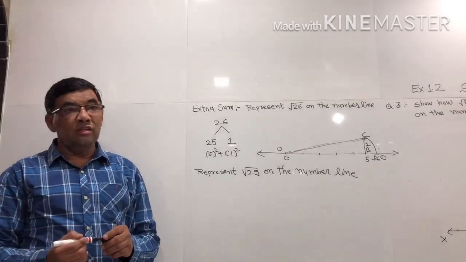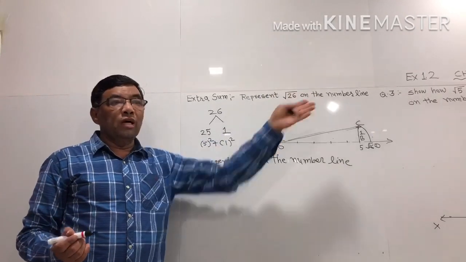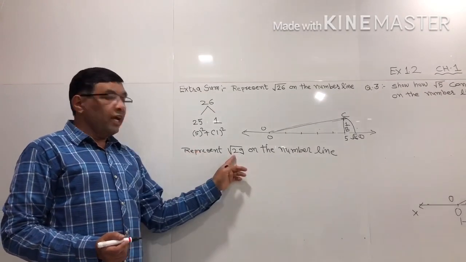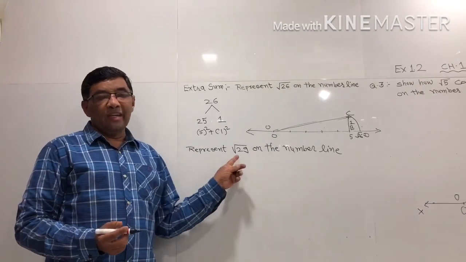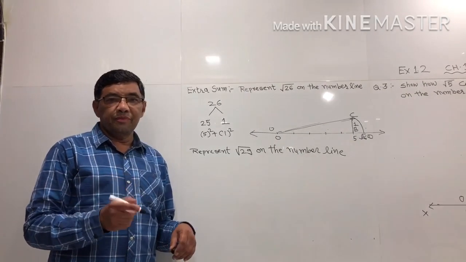So now you know, students, how to mark a greater number like root 26 on the number line. One more sum. Represent root 29 on the number line. So once again, what are the divisions of 29? Anyone? Yes, sir. My name is Shalini from Baroda High School ONGC secondary section in 9th standard. So the answer is 29 is divided into two parts, 25 and 4. 25 is 5 square and 4 is 2 square.